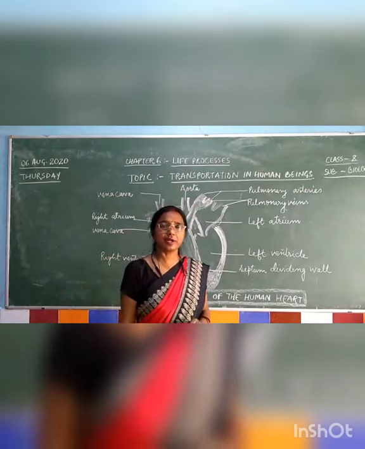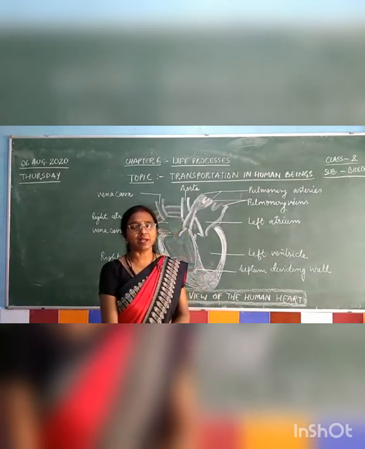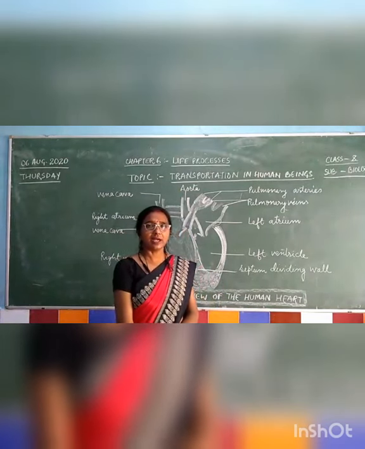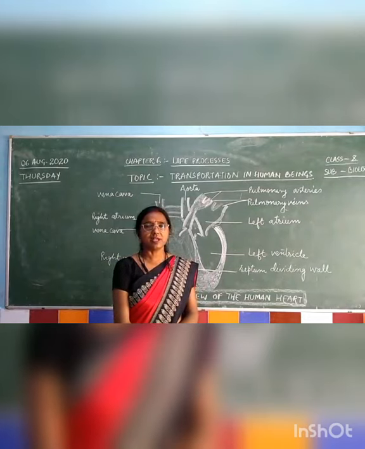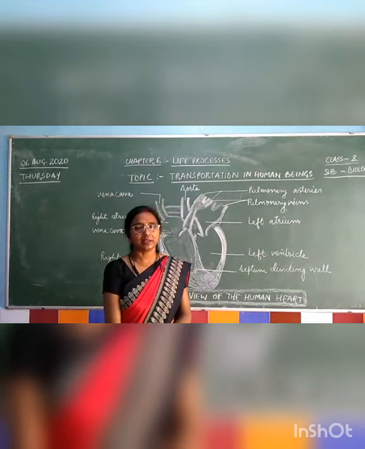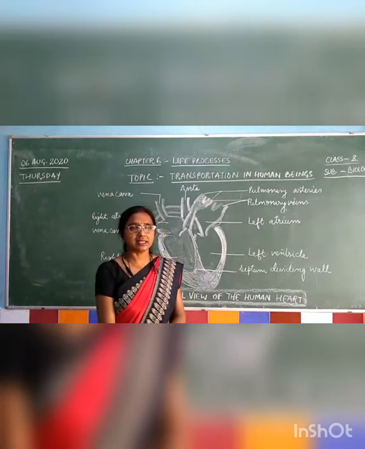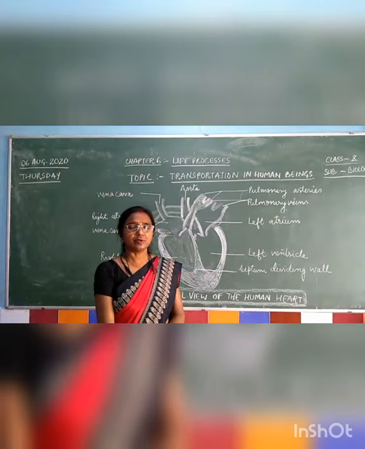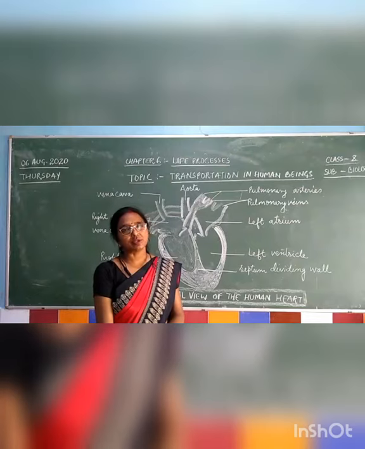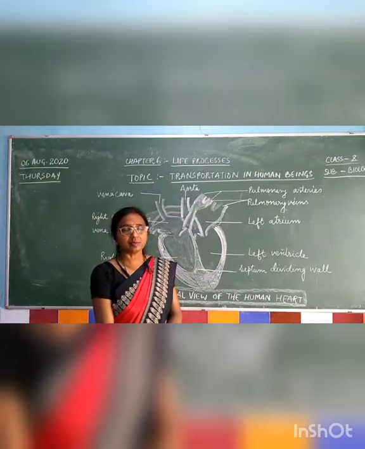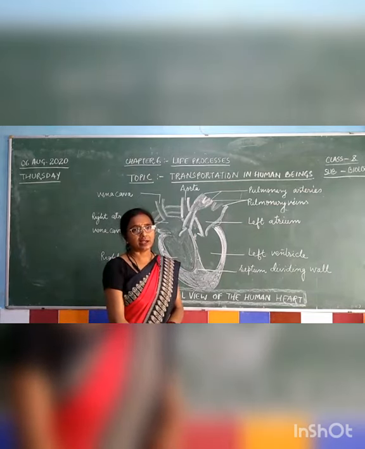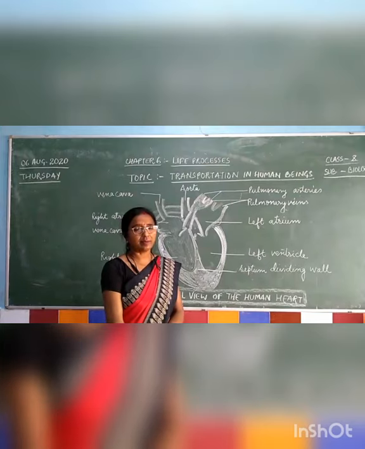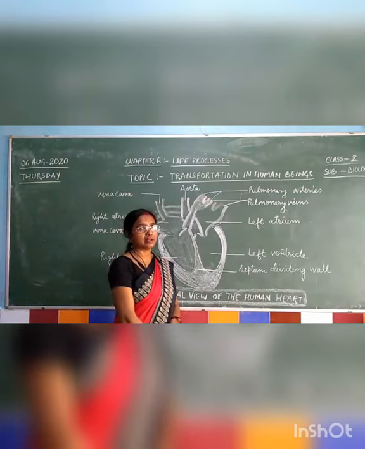For that, you should recall one of the connective tissues, blood. As you all are aware, blood has a ground substance named plasma, in which so many blood cells are suspended. Plasma as well as the blood cells carry different nutrients, gases, salts, and so many things from one place to another. But how will the blood transport all this material? That's why there is need of a pump. And which organ of our body behaves as a pump? That is the human heart.